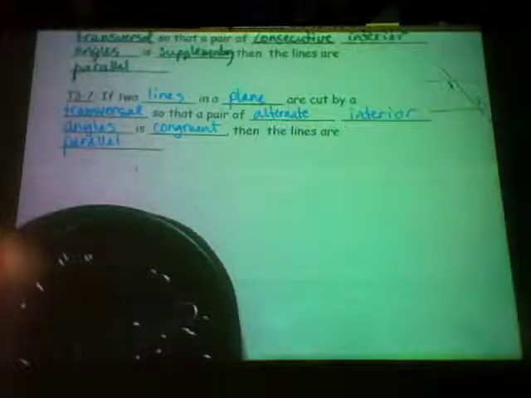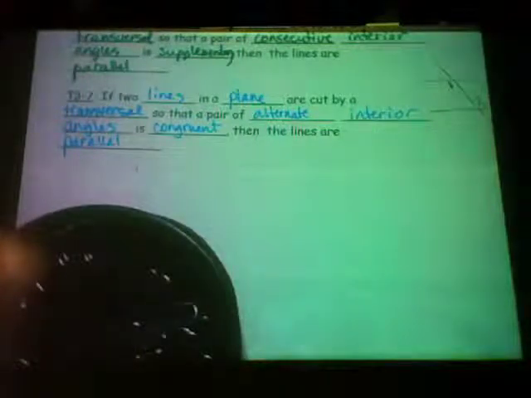So are you really having to learn any new theorems at all? Aren't they all exactly the same as the previous theorems that you've had? So my point to you is this: if you learn your theorems forwards and backwards, in other words, learn the conditional and its converse, you don't have to double learn them because you already know them. You just use them in reverse. All right, the last one, which is interesting,